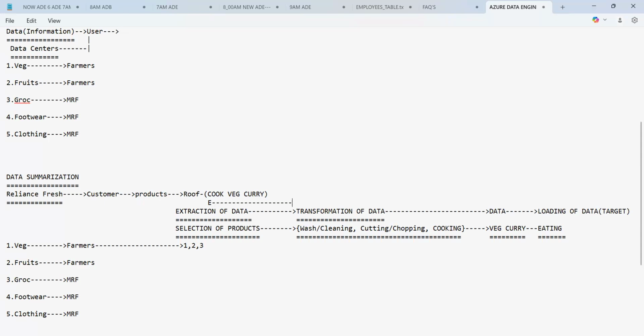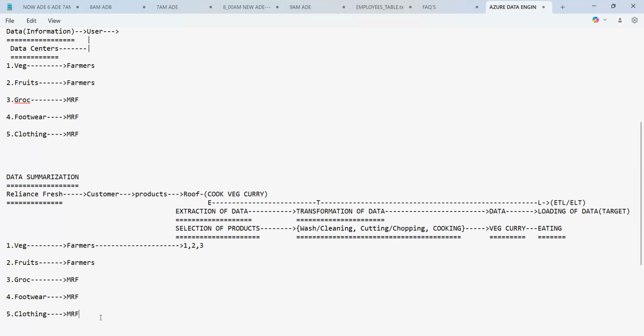So in short, we call this E, T, and L. So we can say, guys, ETL. And nowadays we have even one more technique coming up, that is called ELT, guys. That we call extraction, loading, and lastly transforming it. Getting my point? The same thing, guys. Here also we do it. We just replace these products with the data. Changing the data as per the requirement of the user is called what?